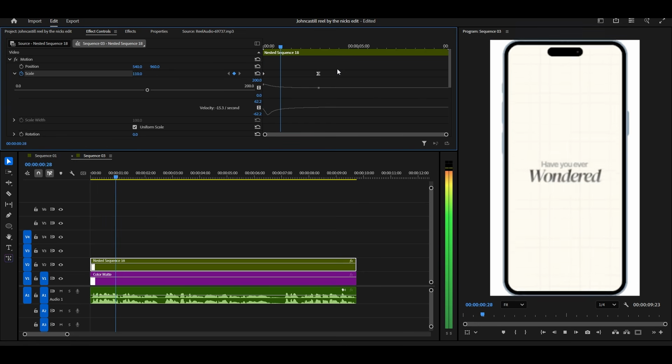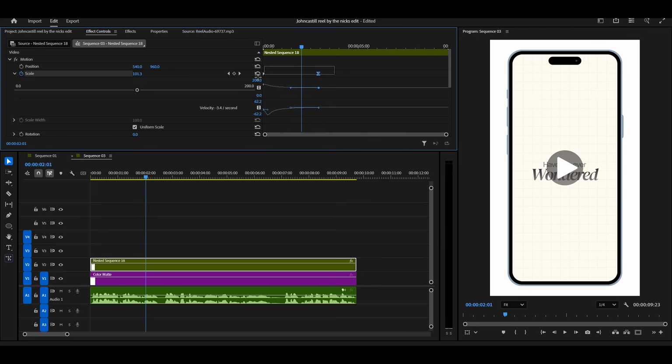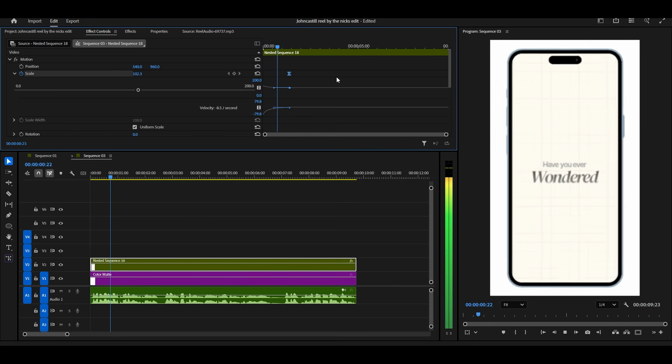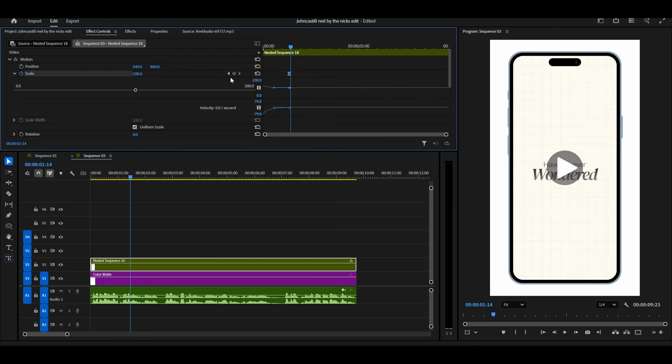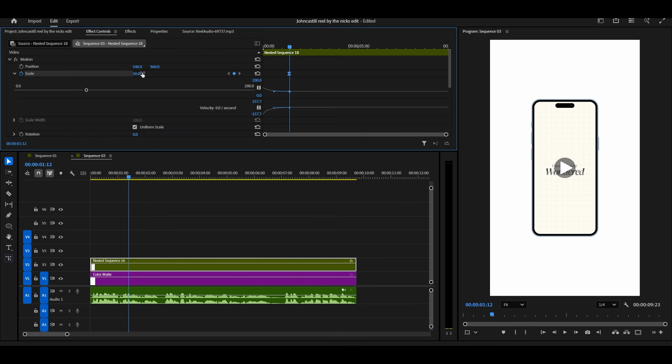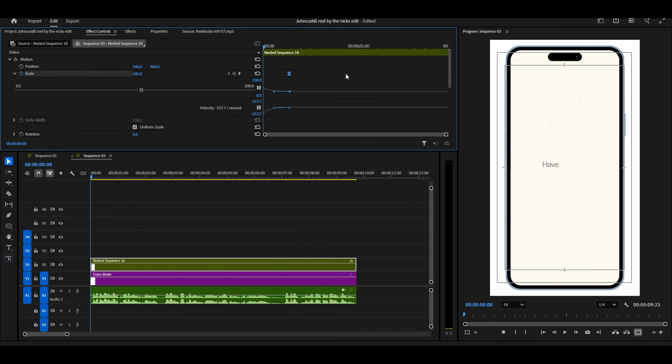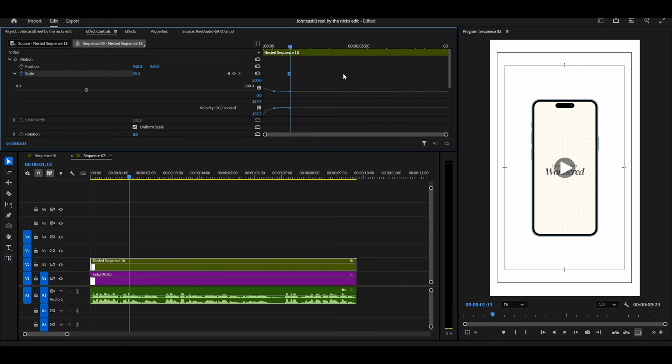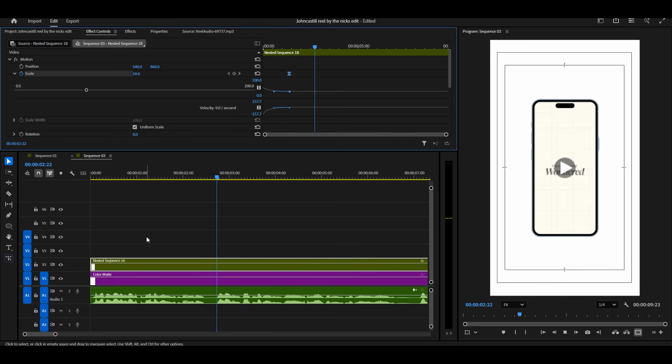Have you ever wondered why the play button is a triangle? Or why the stop